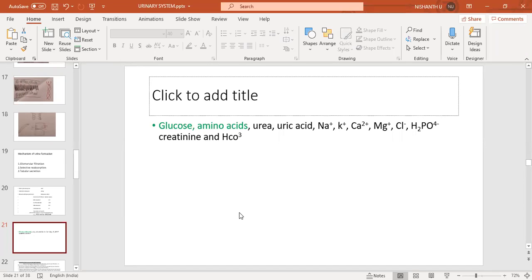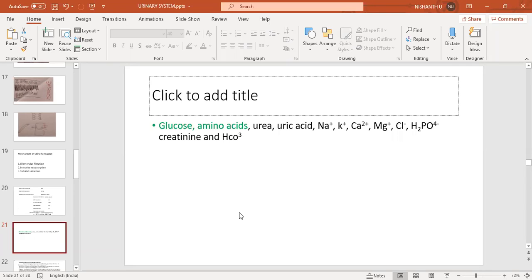All three have their own significance here. If you check your blood and urine, how much percentage of high threshold substances, low threshold substances, and non-threshold substances are there, very easily we can assess your health. For high threshold substances, glucose and amino acid, no need to write in an examination, but remember this: glucose and amino acid, 100% will get absorbed. First priority is glucose and amino acid. Once it crosses the Bowman's capsule and enters the proximal convoluted tubule, 100% of this glucose and amino acid rapidly gets reabsorbed into the body. The kidney will not allow glucose and amino acid to get excreted out from the body.